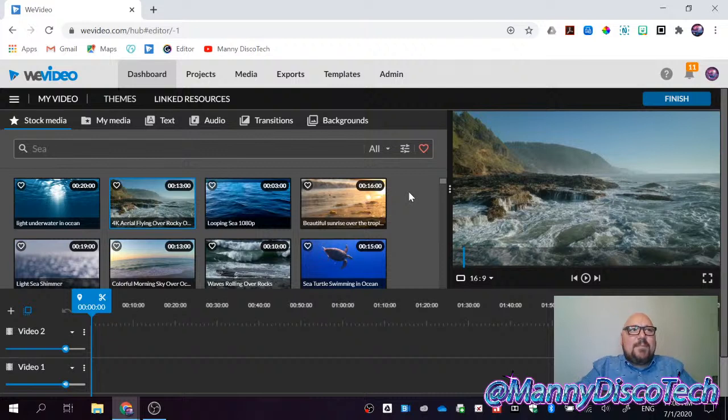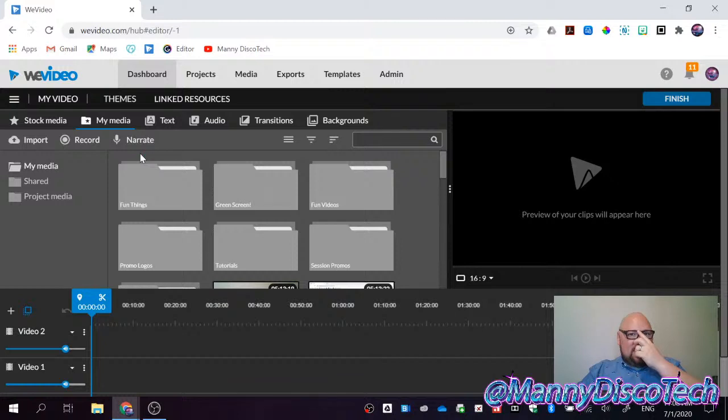You don't have to worry about copyright or finding them somewhere and then give them credit. So when you click here on all, it tells you have videos, images, and audio. So that's pretty neat. Then here in My Media, this is where you have all the things that you can bring in from your hard drive or the cloud services that you might be paying for.